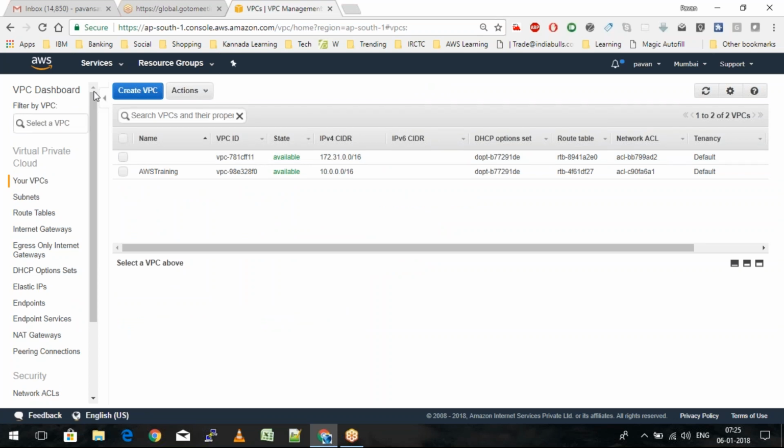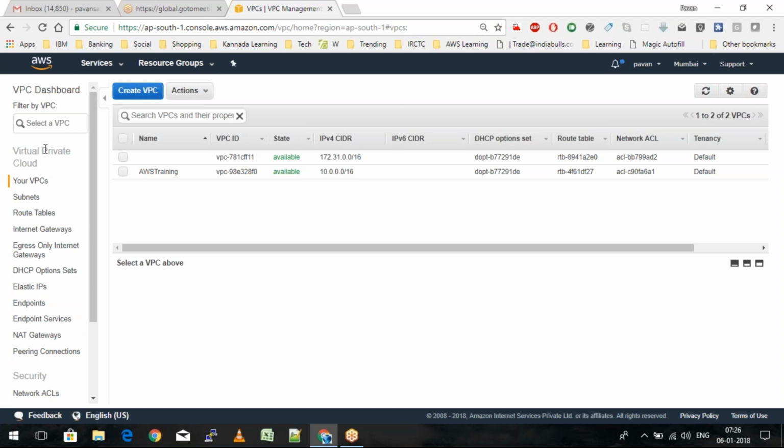So what are flow logs? Flow logs is basically like if you want to track from which IP address who is trying to access your VPC at what point of time. If you want to track all those requests, we have to enable the logging feature on the VPC section. How do we do it? So that is done by flow logs.